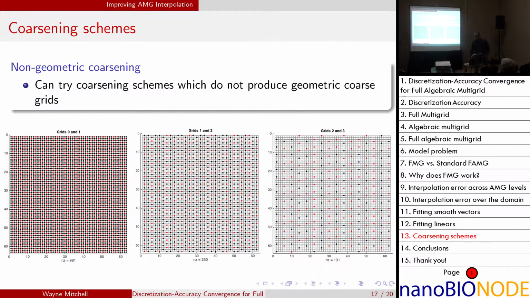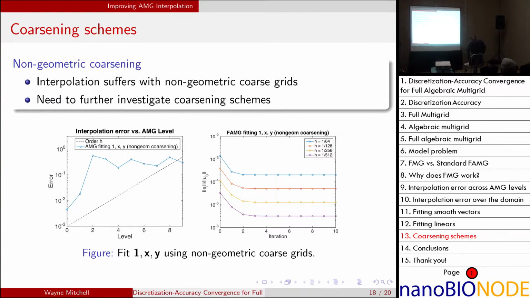Well, what if you do something different? What if you use some variant of the coloring algorithm, or some other algorithm altogether, which produces non-geometric coarse grids? We tried that, and it does in fact have an impact. So we see here, this is again using the last interpolation method that I talked about, fitting explicitly the constant and linear vectors. And you can see that on the first couple of levels of your hierarchy, your interpolation error looks nice, but then as you go coarser and coarser, as your coarse grids get more and more mucked up and farther away from what you get from geometric coarsening, you start to lose nice scaling of the